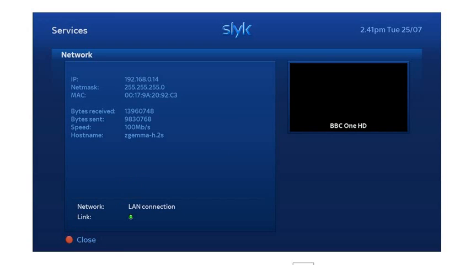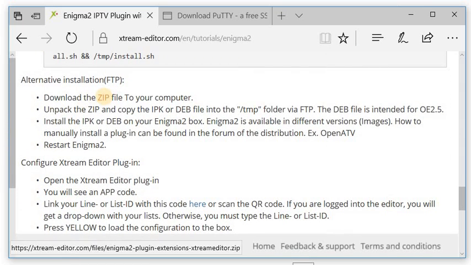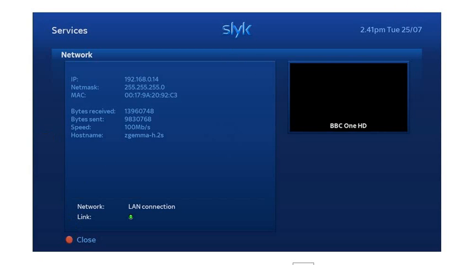You can also install it. It does tell you on the website, so you've got alternative versions, so you can download the zip to your computer. It doesn't tell you on here, I don't think, but you can put it on a USB stick. You can stick it in the back of your box, and then what you do is once you've done that,